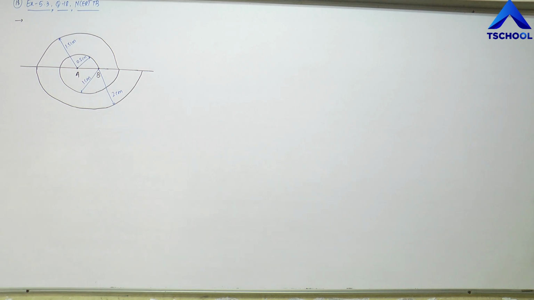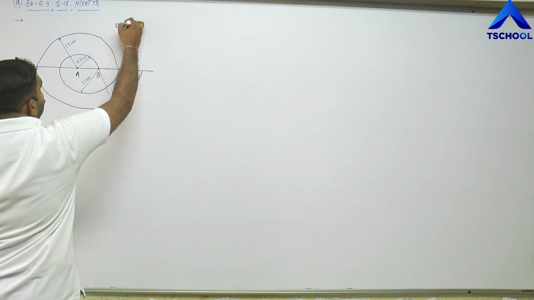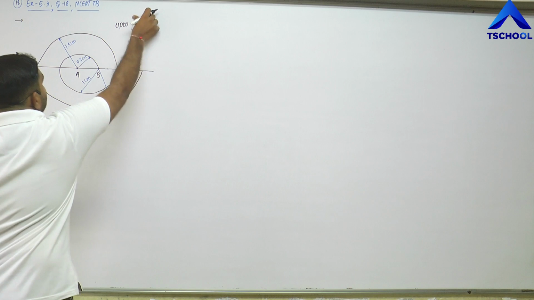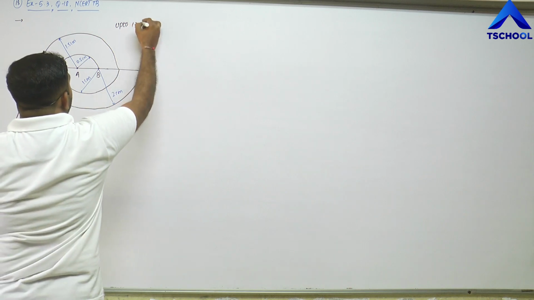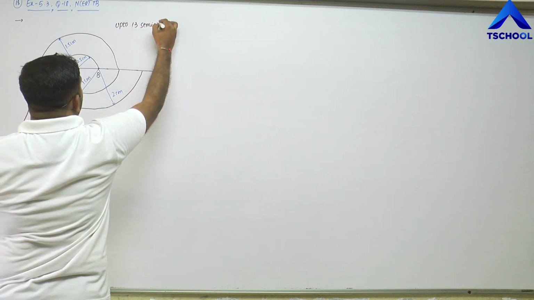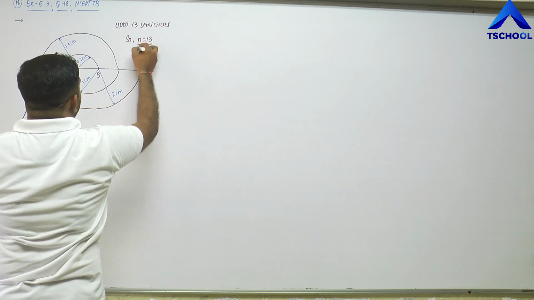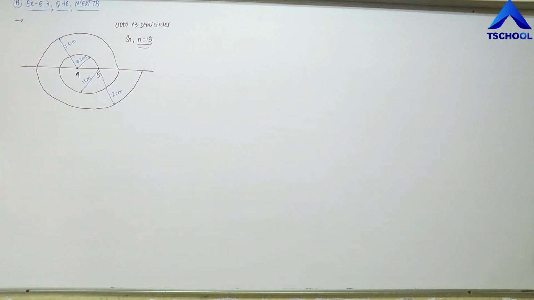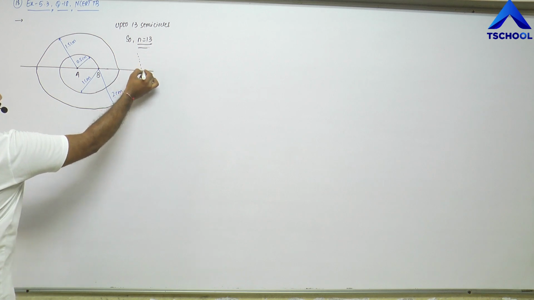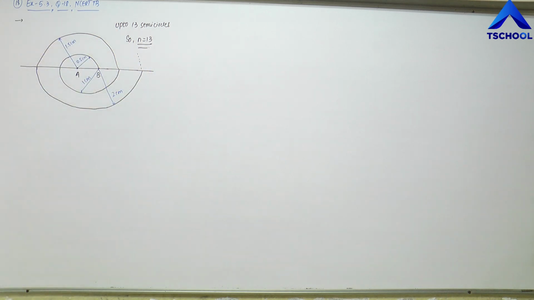Okay, so what we need to find in this question is the length of the total spiral up to 13 consecutive semicircles. So we shall take n equal to 13 here, right? I have shown only 4 of them here. It goes on increasing up to the 13 semicircles. So we shall take n equal to 13 because we need 13 semicircles here.